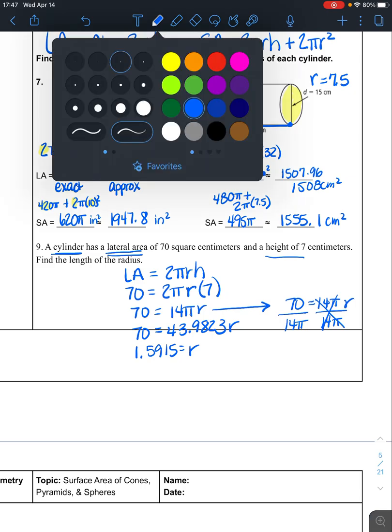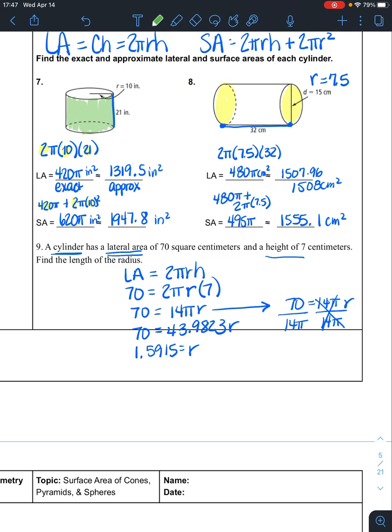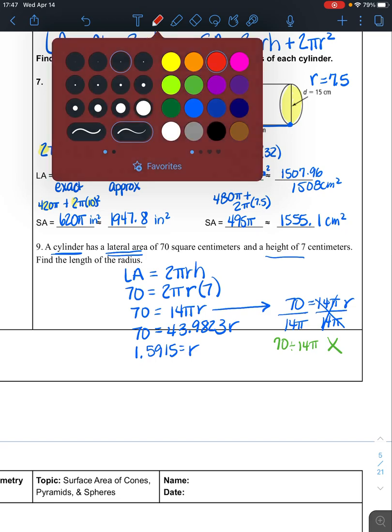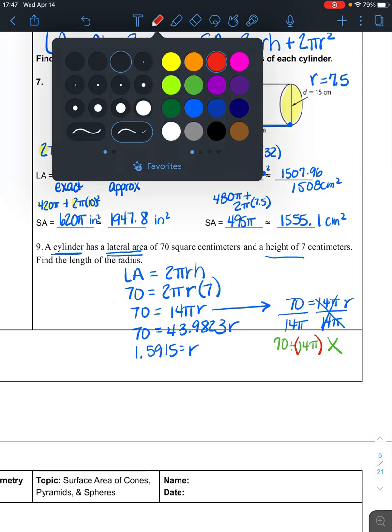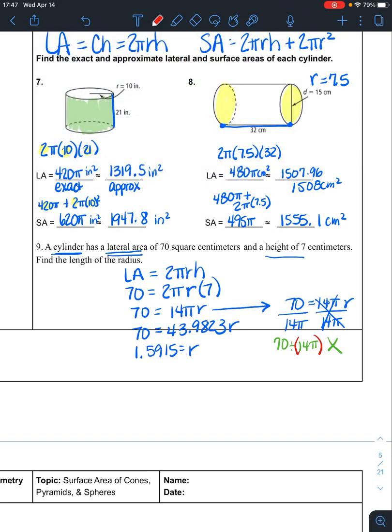But when you type this in your calculator, if you type in 70 divided by 14 pi, just like that, then you're going to get it wrong. Okay, you have to divide by all of the 14 pi. So you have to type it in parentheses. So 70 divided by 14 pi. And it's pretty close. I mean, to the number of decimals that we carried out is good. So R is equal to